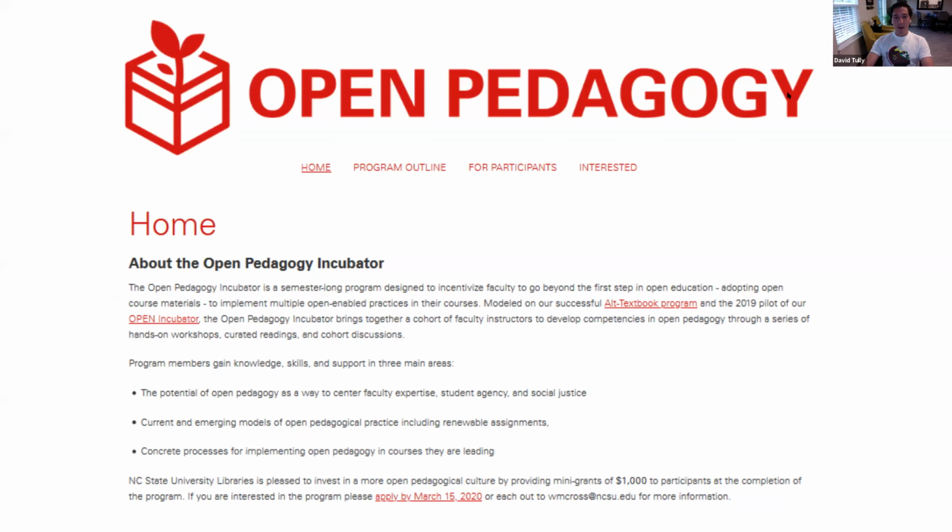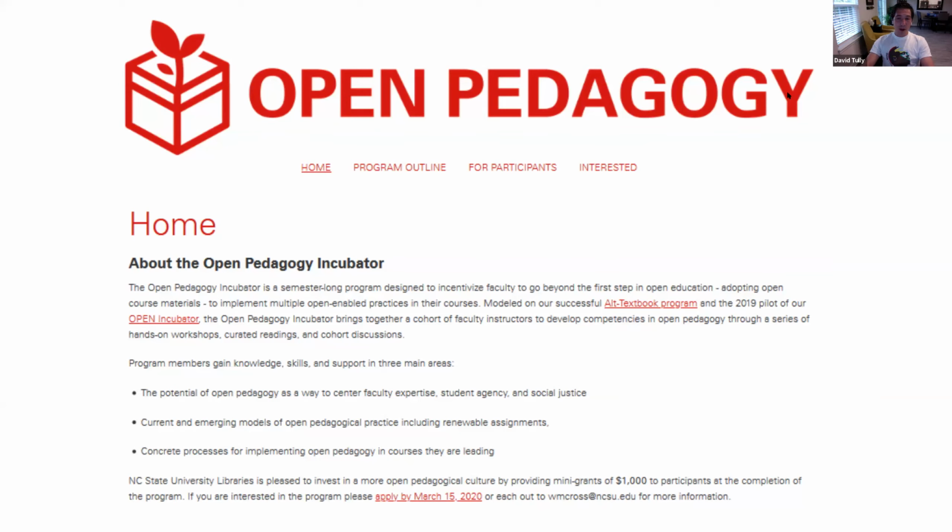The goal of the Open Pedagogy Incubator is pretty much to bring together a cohort of faculty instructors and look to help them develop competencies in open pedagogy through a series of curated readings, cohort discussions, and hands-on workshops. The program was originally conceived in early 2019, and we began to invite applications in the fall of 2019.